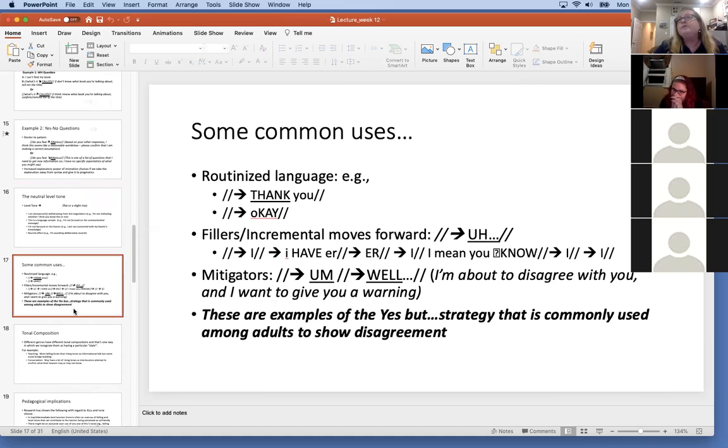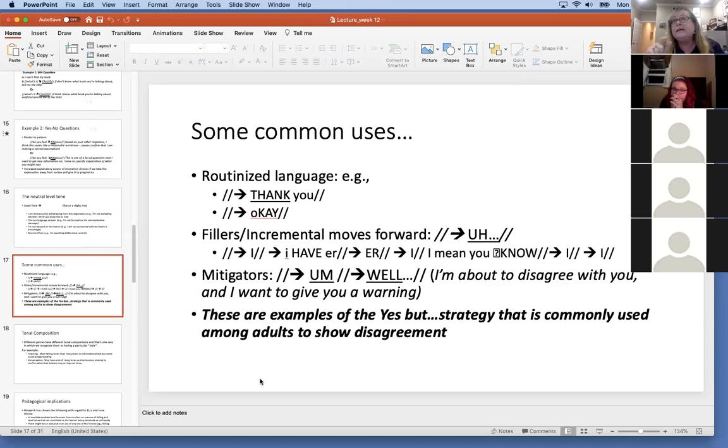So some of the most common uses, as we talked about last week, are routinized language. Okay, thanks, you know, just things that happen all the time. Fillers, things like, you know, I have, I mean, you know, or